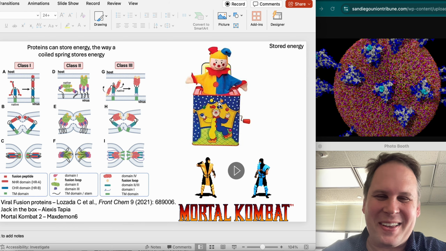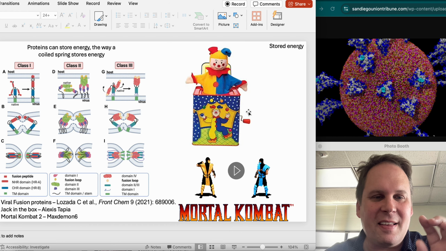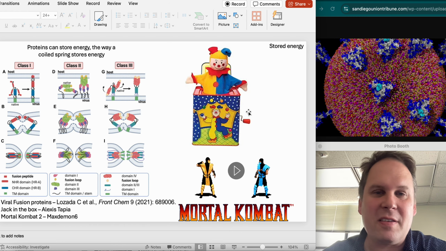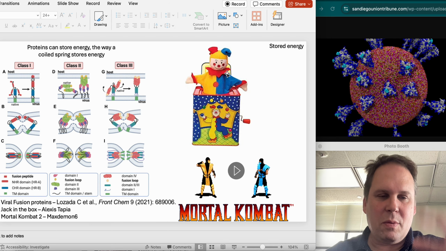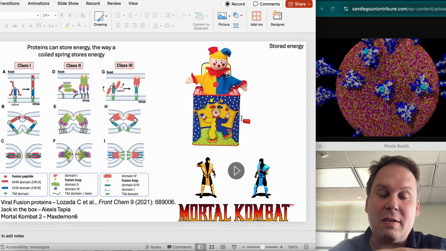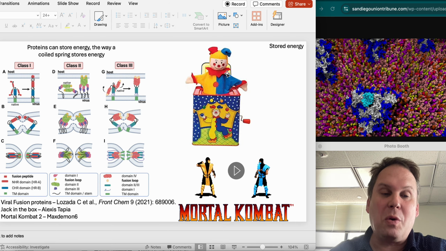Then there's going to be some other external energy. It's going to rotate this little thing all around the mulberry bush. And then you're going to throw a latch when you get to the right point of the song, and out springs the horrible little clown creature again. The spring was coiled using energy at the beginning, but then once it's coiled, it's storing that energy. And that's exactly how virus proteins work, just like a coiled spring.